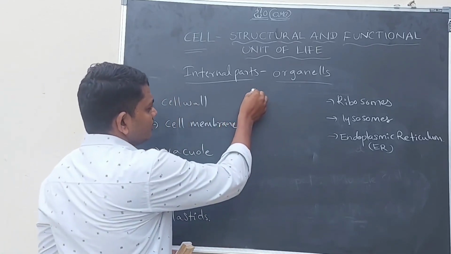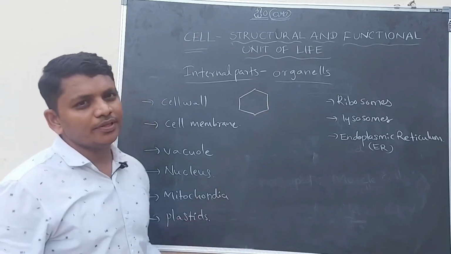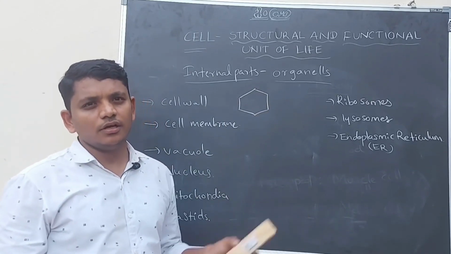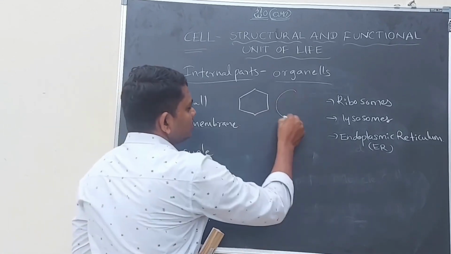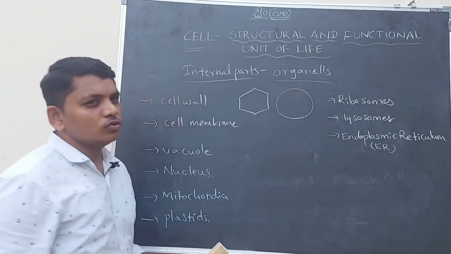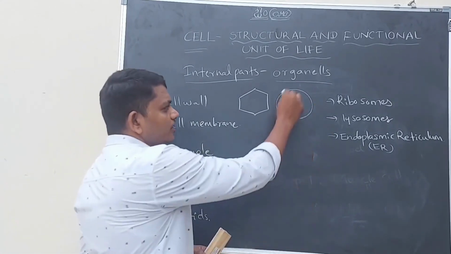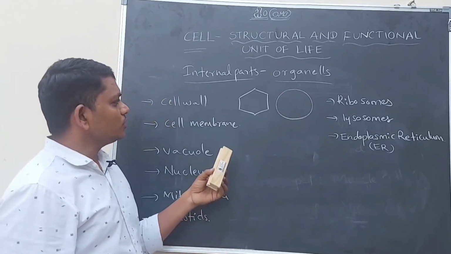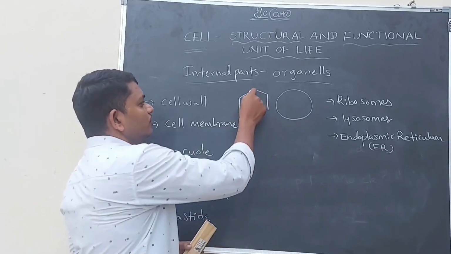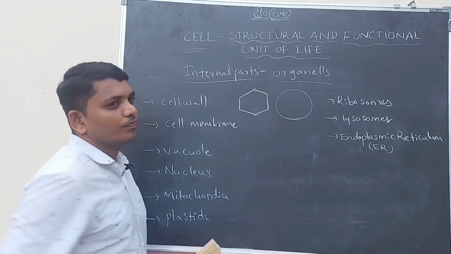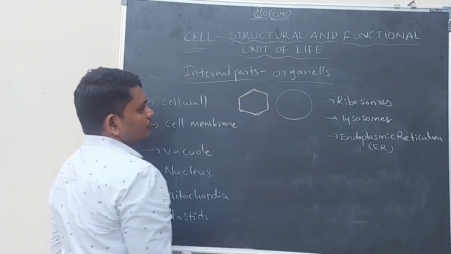Due to the presence of the cell wall, this may be the general structure of the plant cell. This is a general structure of the animal cell. So always we are showing the animal cell in circular shape. Whereas if you are writing or telling about plant cells, we have to draw the structure of the plant cell like this, hexagonal shape, right? So here it is a plant cell.